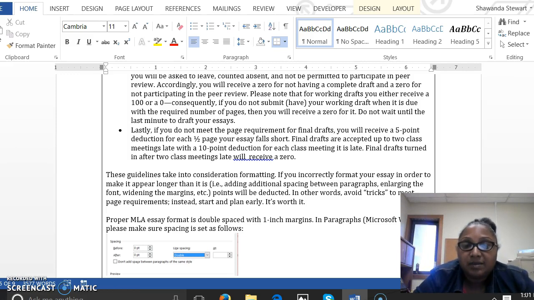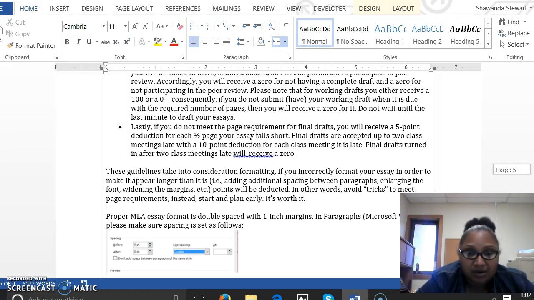And after 2 class meetings, then you will receive a 0. So for example, if a draft is due Tuesday of week 1, you have until Tuesday of the following week to turn it in with point reductions, but by that following Thursday you can no longer turn it in and it will be a 0.